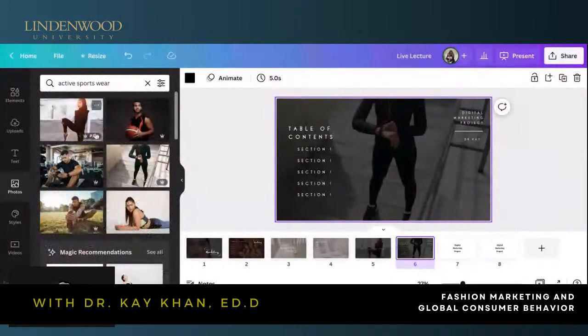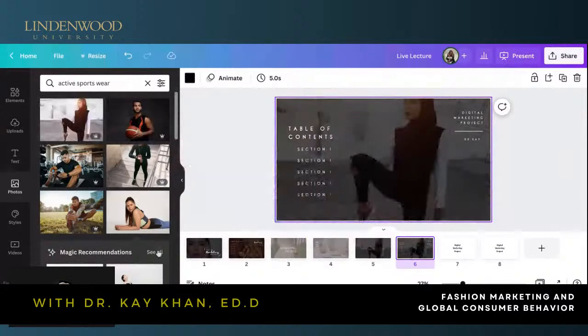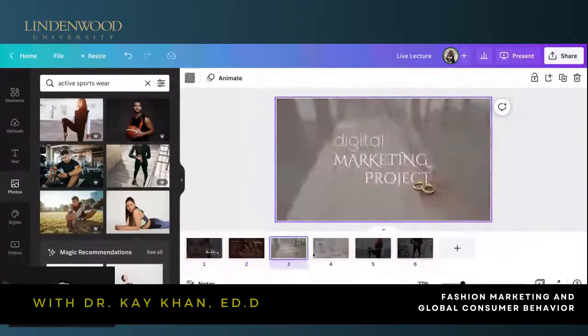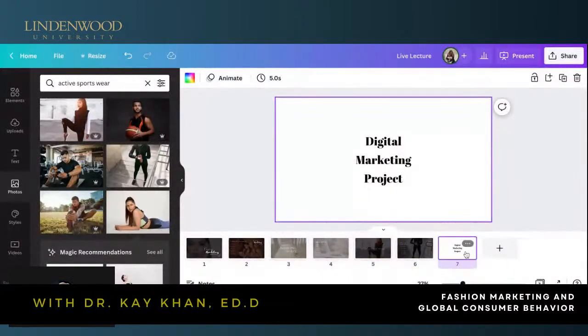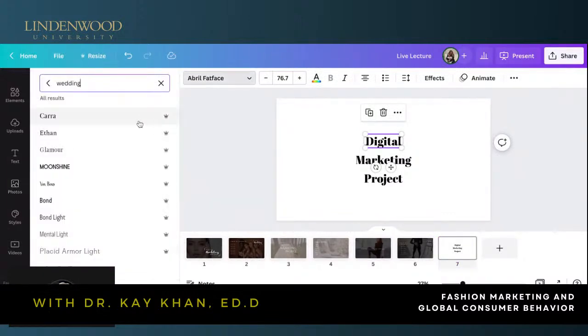So let me see what magic recommendations pop up when I do this. Okay, no, nothing. Okay, so let me put this back. I think that's all I could do for that. Oh, let me do a menswear. Let me duplicate this. Let me just do a menswear one and then I'll be done with this. So this should help you guys with improving your project.